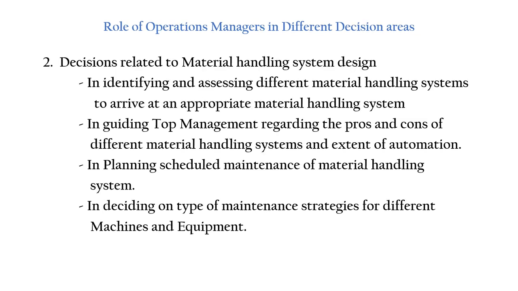Next, decisions related to material handling system design. In order to move the materials between different facilities, that is the different machinery or equipment in between the facilities, what kind of material handling system has to be used, whether we use manual movement of materials using bins or racks or maybe trolleys, or we may use, depending on the extent of automation, some automated material handling systems